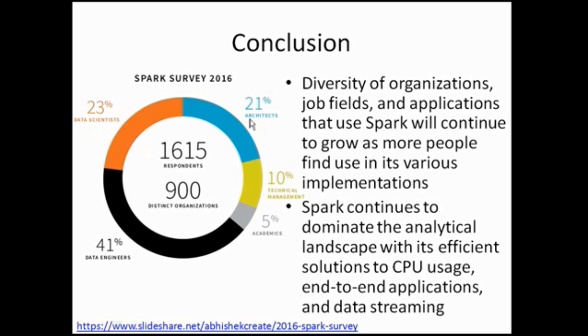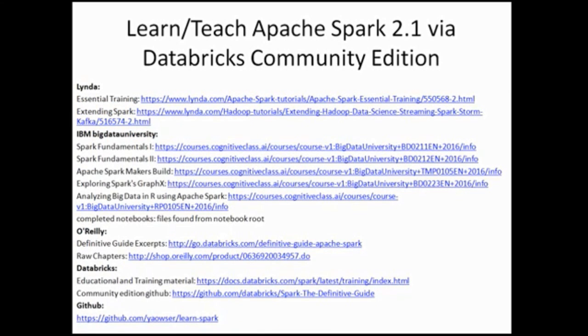And then Spark will continue to dominate the analytical landscape with its efficient solutions to CPU usage, end-to-end applications, and data streaming. Right here is the slide where we went through a lot of tutorials to make this happen. And hopefully, I'll distribute the GitHub file